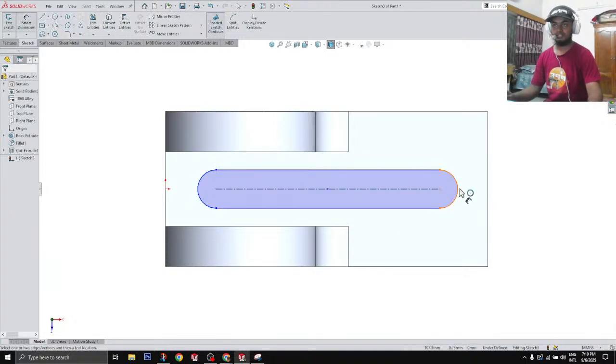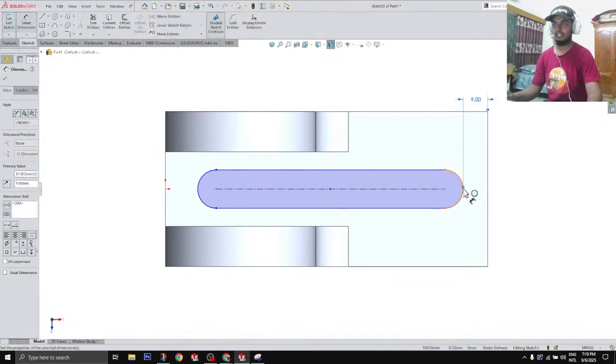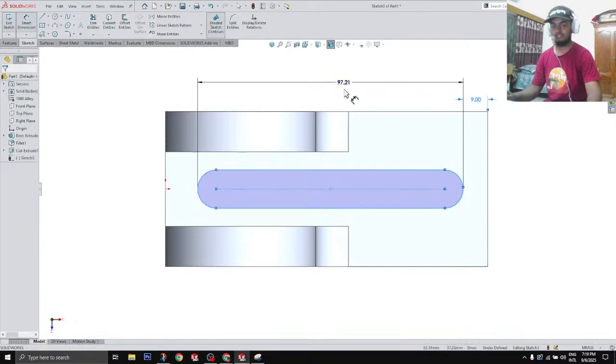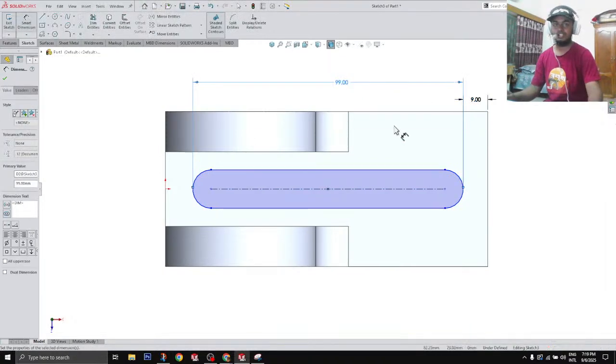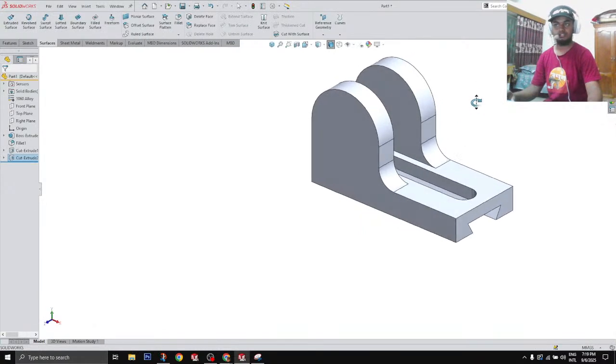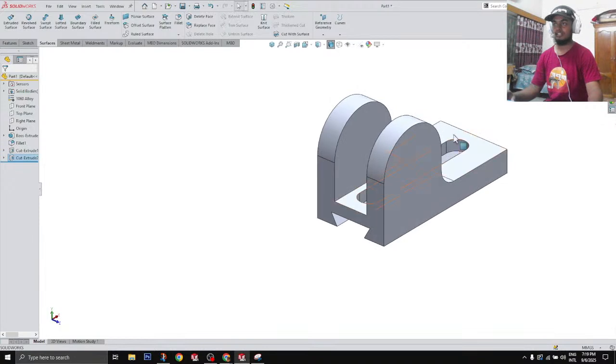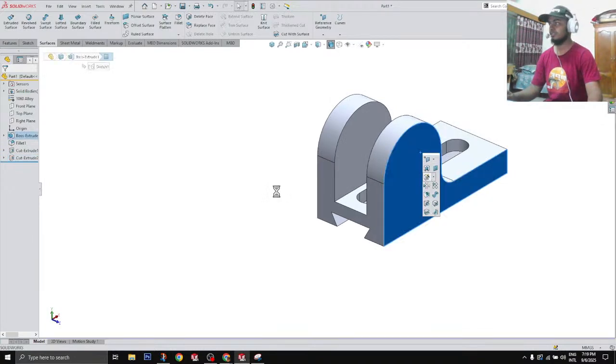Now apply proper dimensions to make it fully defined. 9 here, 99 full length, hit shift to go from tangency to tangency, and last thing we need is the radius, which is 16 dia. So now we'll cut it through all both directions, no issues here. We can add the counter bore now. Select Hole Wizard,